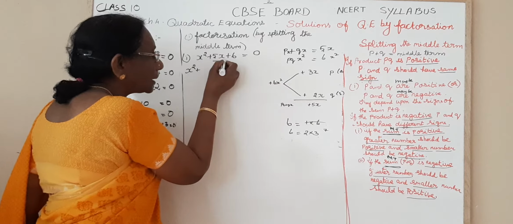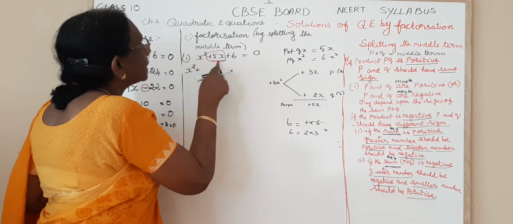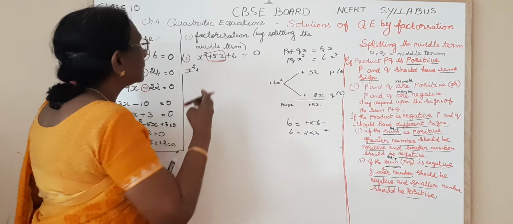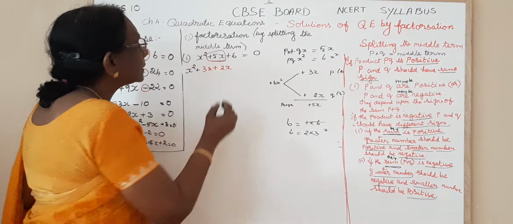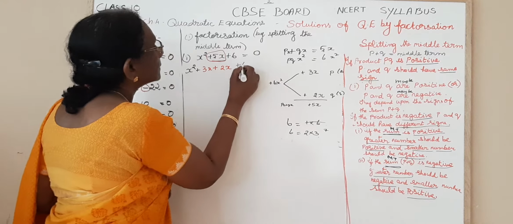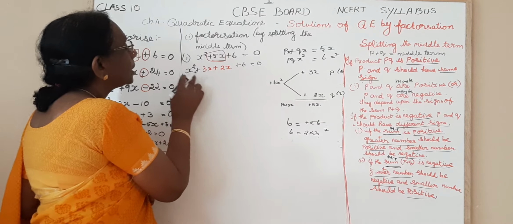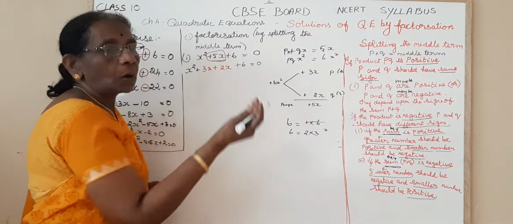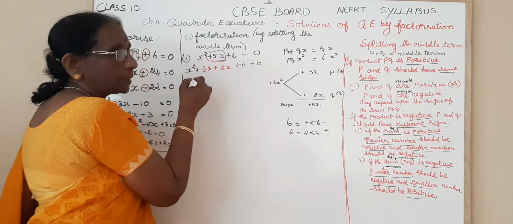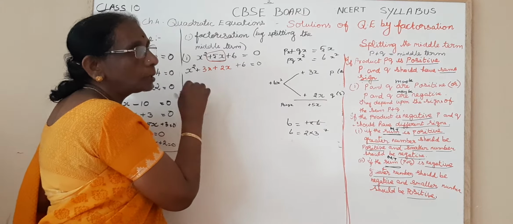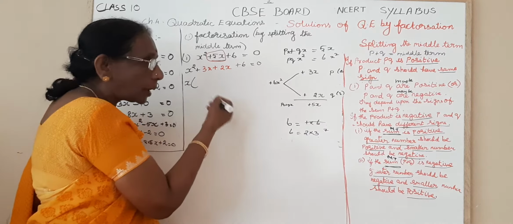Now we write the equation by splitting the middle term. So instead of 5x, what will you write? Instead of this 5x, we will write plus 3x plus 2x, plus 6 equal to 0. Now what is common in this? The coefficient is 1, here 3. So no numerical coefficient is common. Therefore, you move to the variable. Here x squared means x into x, here x. So in both terms, x is common. So you take the common term outside.